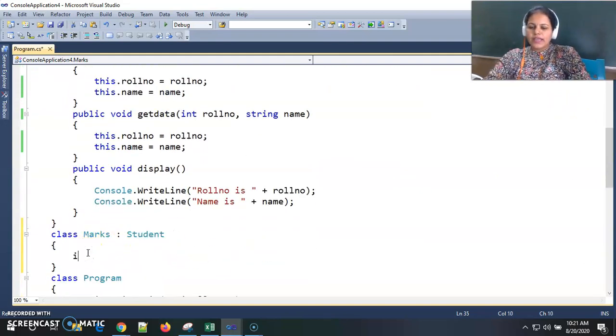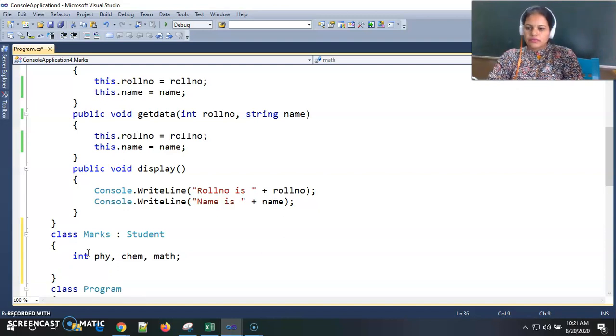Now I am declaring the class's own marks properties: physics, chemistry, and math. And now I am using a constructor.